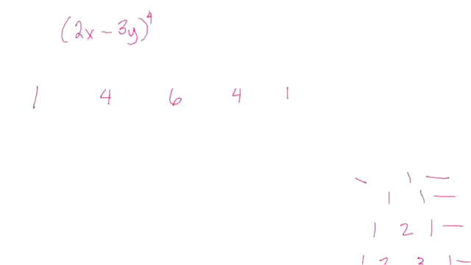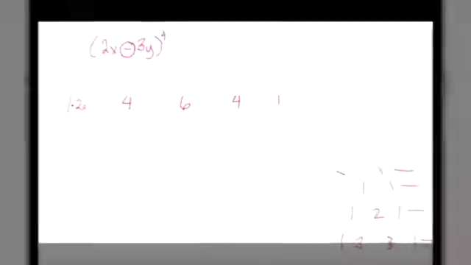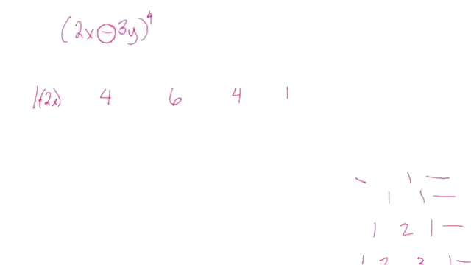All right, now what I've got to do, and I need to point out to you that because this is negative, these are going to be alternating signs. So I'm going to take 1 times, and I put parentheses around the 2x. That's going to be important for you to include because that's showing your work. So the first term, which is 2x, raised to the 4th power, okay? Then the second term, which is negative 3y,